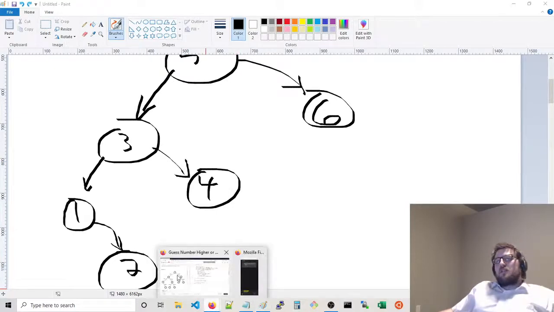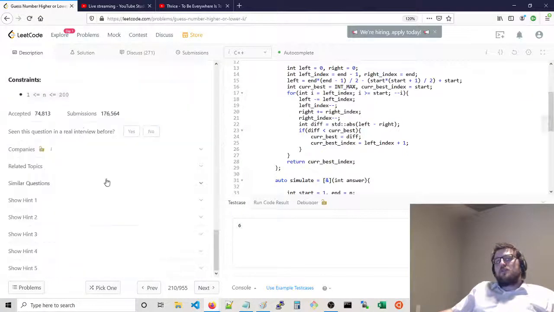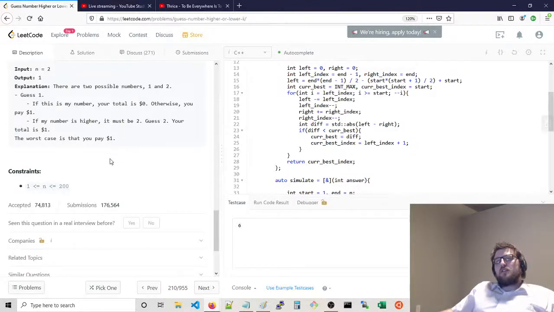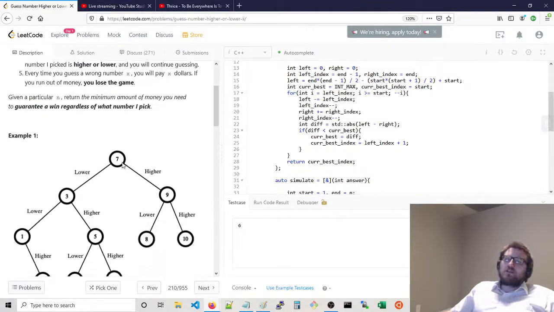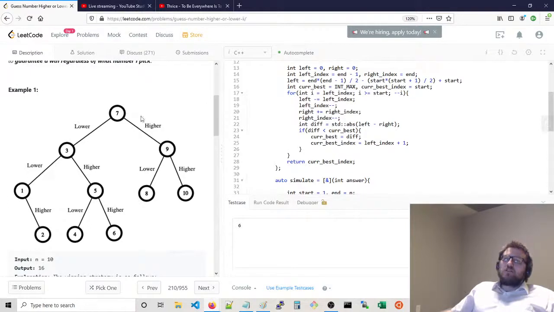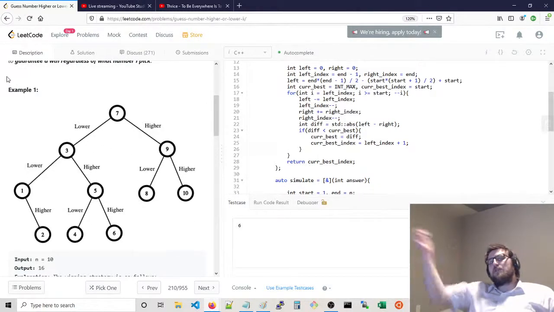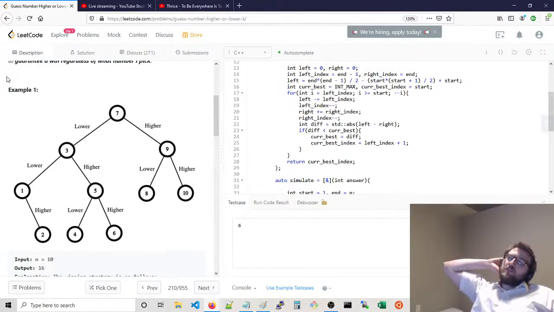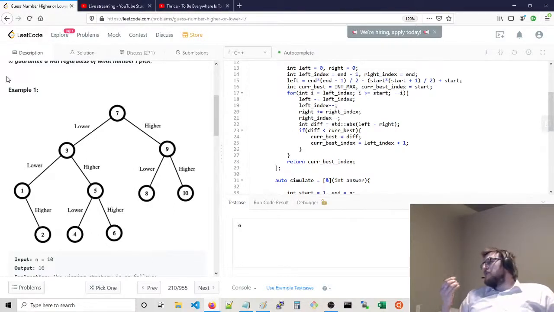Yeah, this is kind of a tricky question. I guess I could see why it would only be 200 for n. I think you gotta do some kind of backtracking where basically you generate all the possible trees that you could have, all the possible binary search trees, and then for each binary search tree you find the best possible path, or for each, generate each binary search tree that's possible, and then for each binary search tree, check every path to the